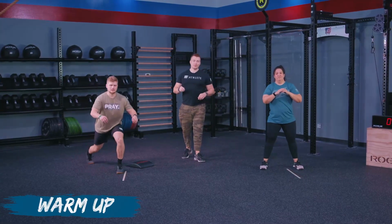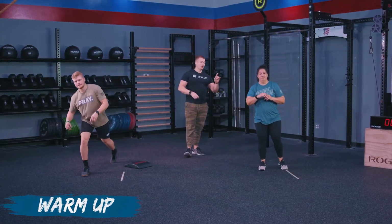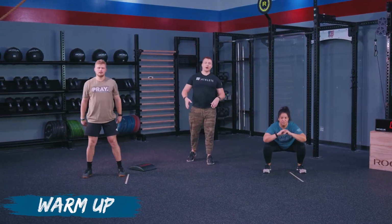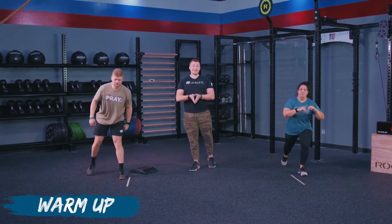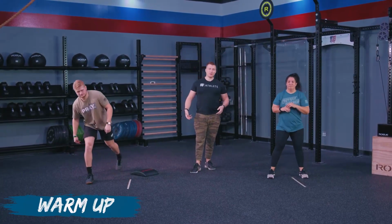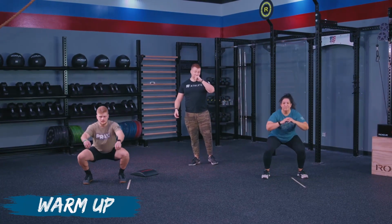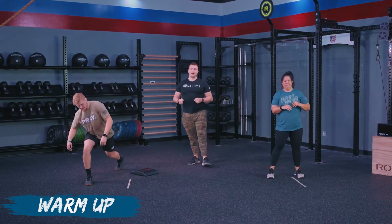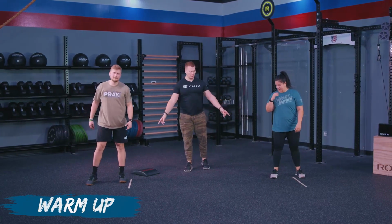for today's workout. When we're going through this, Laura's making sure she's getting through full range of motion on her squat. TJ is as well. We don't have squats in the workout itself, but we just want to get those hips opened up as much as possible. Athletes are going to do one more rep on this, so a squat with a step back lunge on each. And then the next one we're going to go into is we're going to go down to our